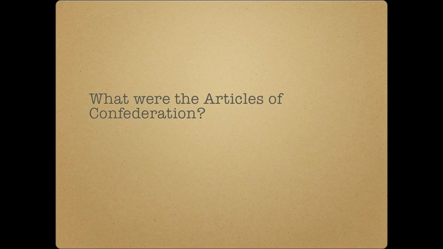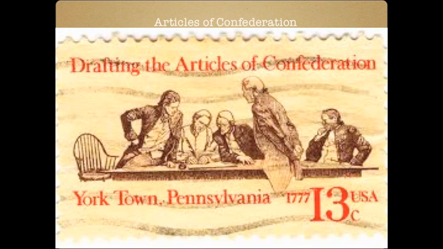What were the Articles of Confederation? The Articles of Confederation established a firm league of friendship among the states. Congress was given the power to declare war, deal with national finance issues, and settle disputes among the states. The states promised to obey Congress and to respect the laws of the other states. Most other powers were retained by each state.